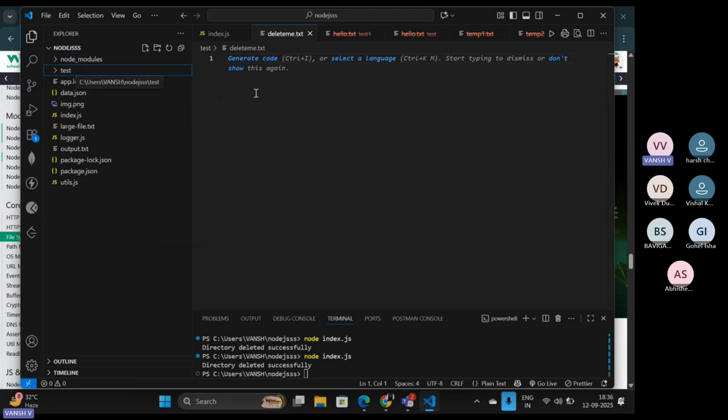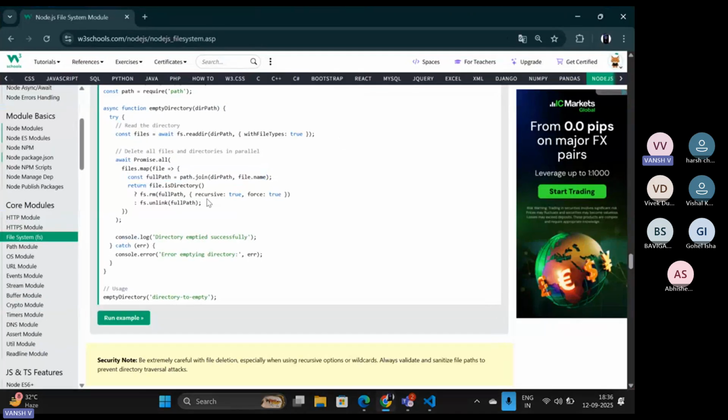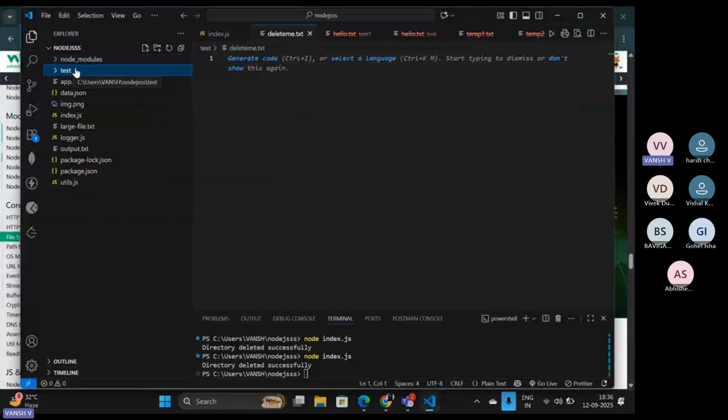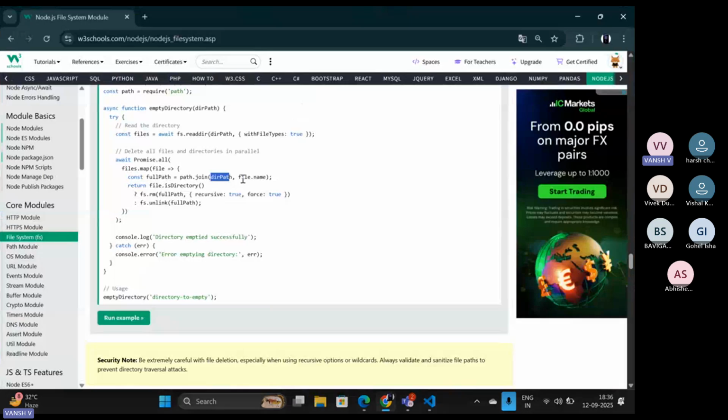Okay, but how will your compiler come to know that it is inside the test folder? For that, you are joining the path. First of all, you provide the folder directory name, which is test. Suppose you are at the test folder, but inside this there is also a file which is delete me.txt. So that file name I am providing and joining to that particular path so that it can be deleted from my end. Okay, so from this line, they are creating the full path for your file to be deleted,